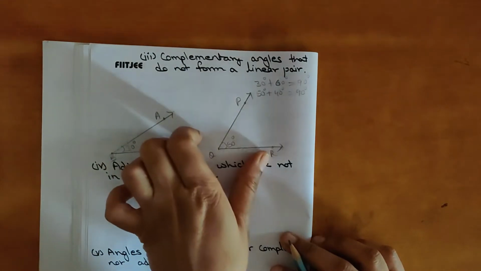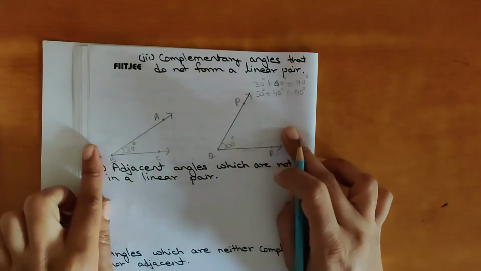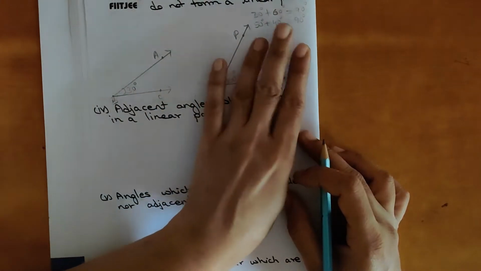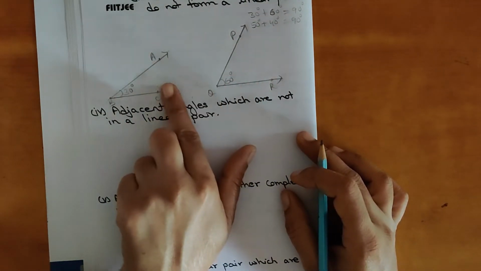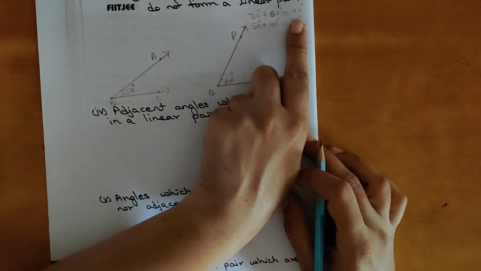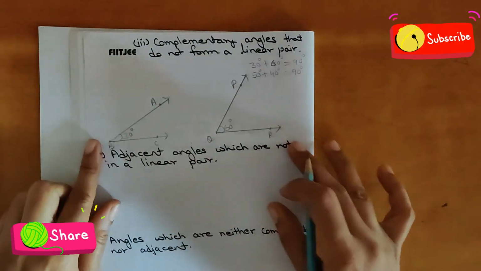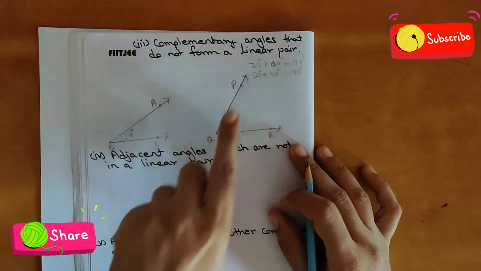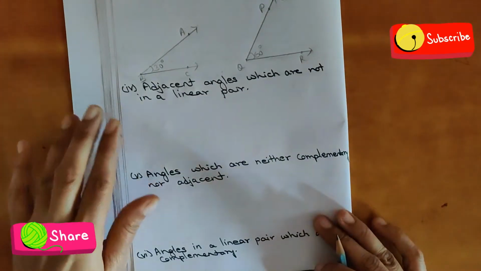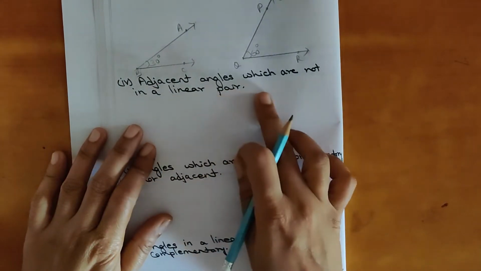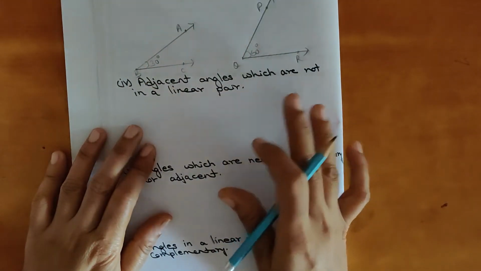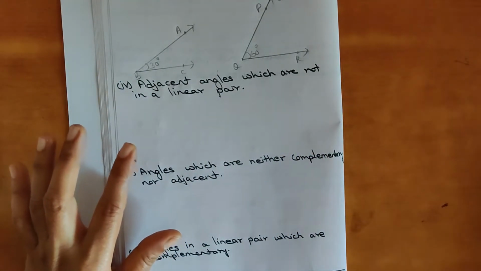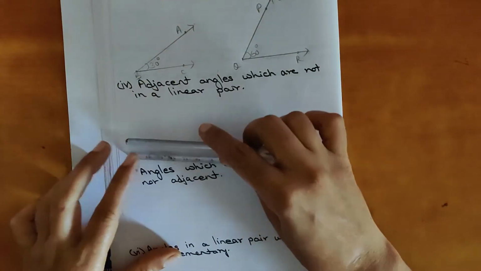So these are the complementary angles and they are not forming a linear pair. Okay, this is clear. We can draw any two angles of any measurement. They will be complementary, meaning their sum should be 90°, and they should not form a linear pair. Now the next question: adjacent angles which are not a linear pair. They should not sum to 180°. So it is very easy.